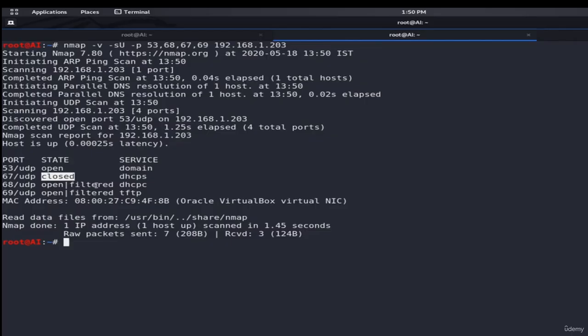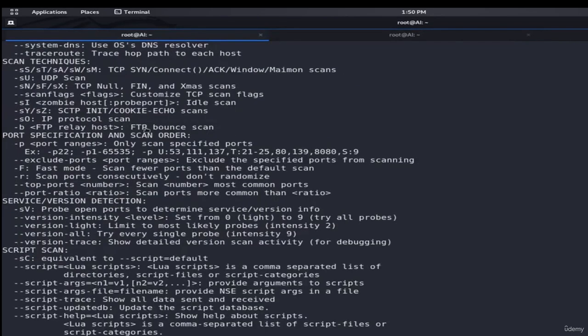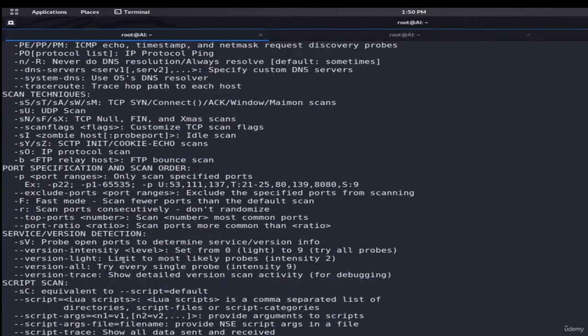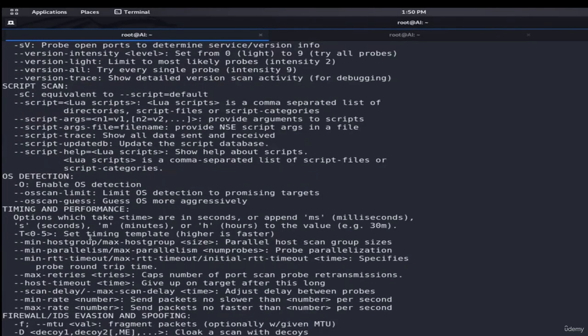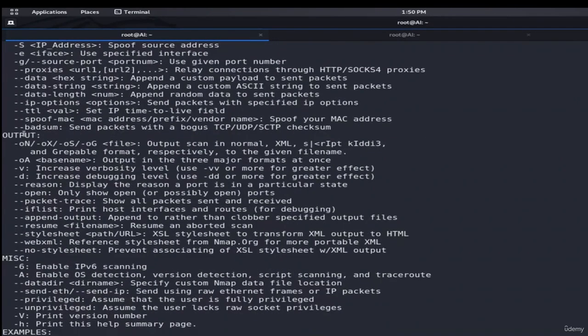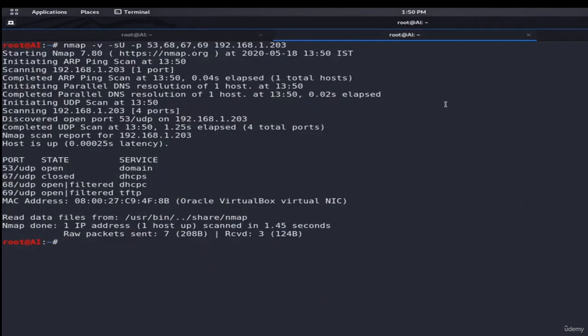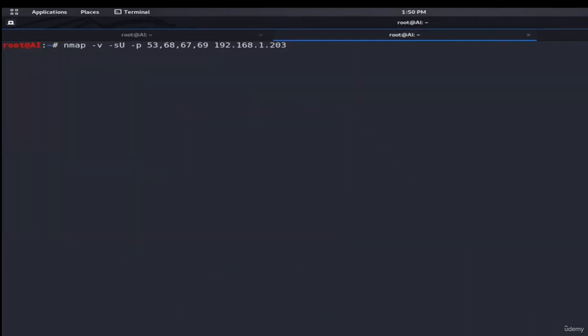If you intend to scan multiple network subnets, you can use the wildcard character star, representing all valid ranges of IPs within a subnet, 0 to 255, to perform the scan in one go. For example, if we want to scan all the hosts in the class C network of 192.168.1.203, we would use the command